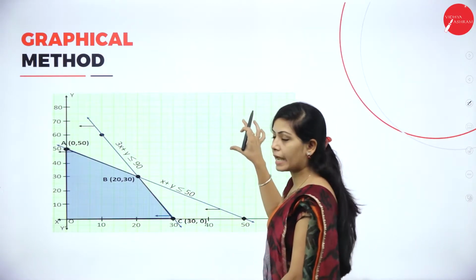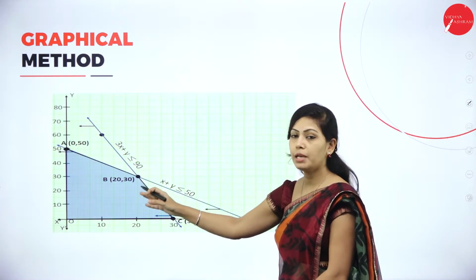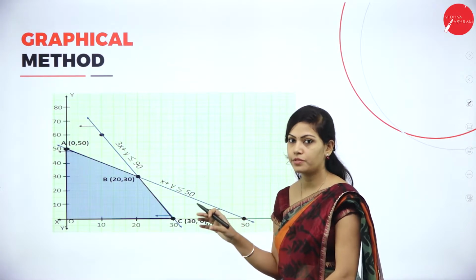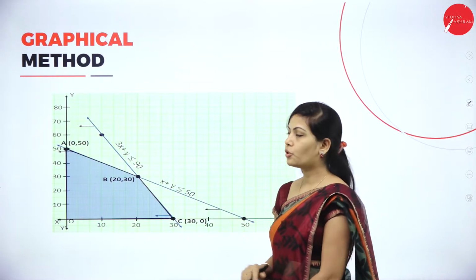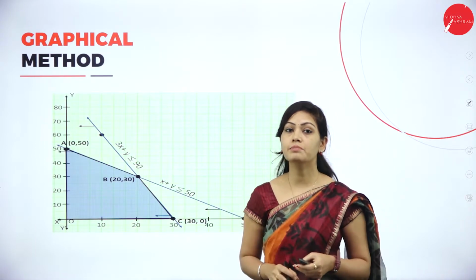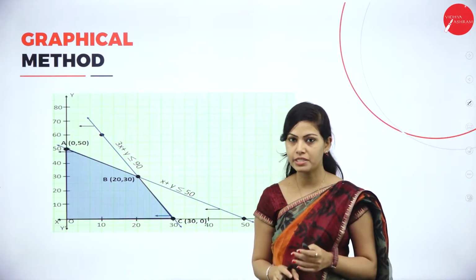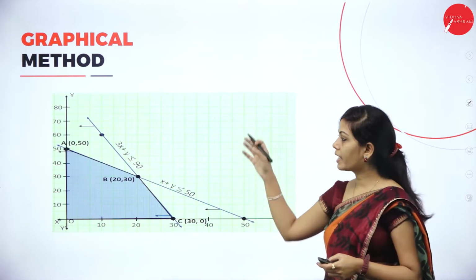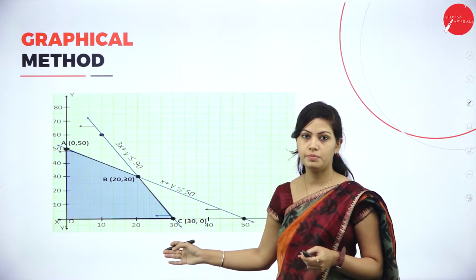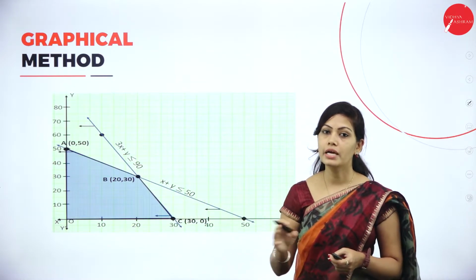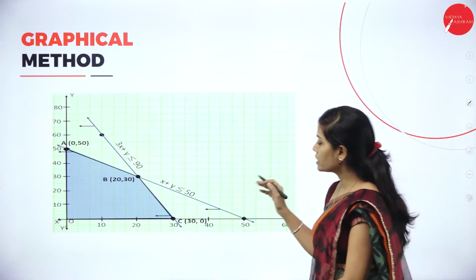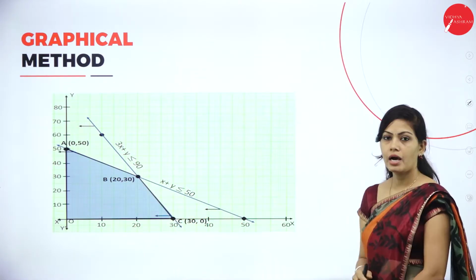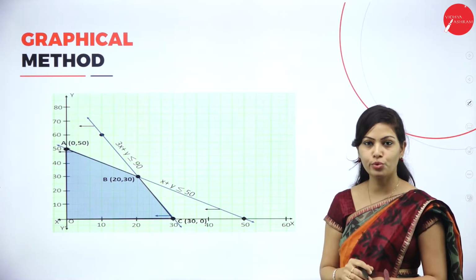So using this graph sheet, you can construct the LPP by graphical method. So how to draw these graphs using this graph sheet? A linear programming problem is a real-time situation for some data. Already I have discussed linear programming problems. So using the LPP model, we can construct a graphical method. So what are these lines and points and what is the region called? I hope you have used this graph sheet in school days, right?